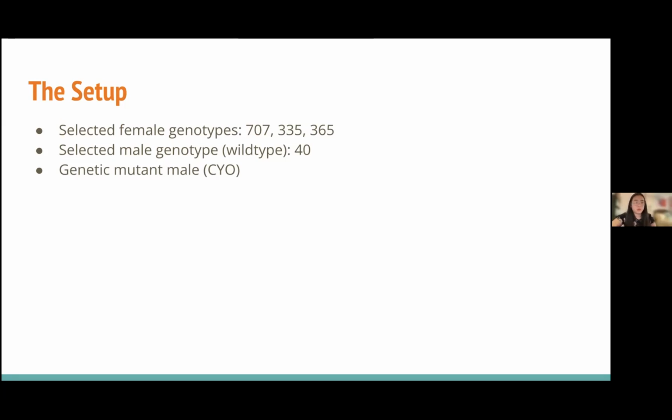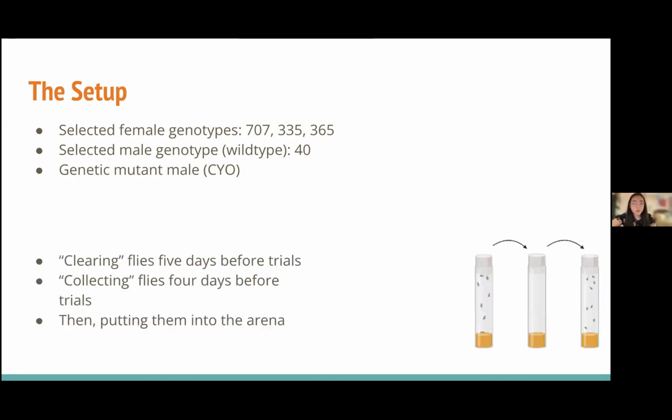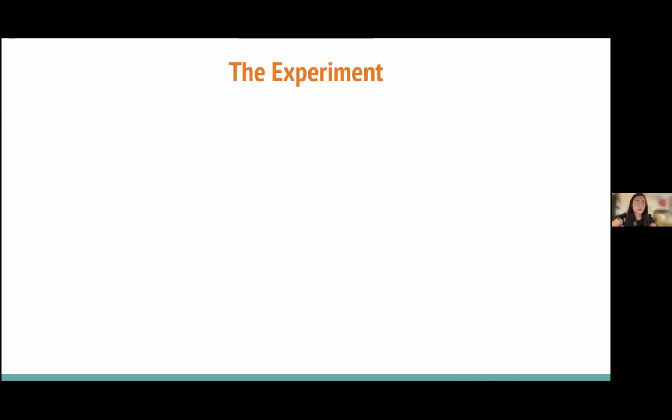They're just arbitrary numbers. What I do is clear my flies about 5 days before trials, which basically means you've got a full vial of flies right here. I empty them out of the vial, so I'm getting virgins. This is a really important part of the setup: I am using virgin flies to do this. I'm collecting the virgins and then putting them into an arena. And this is my